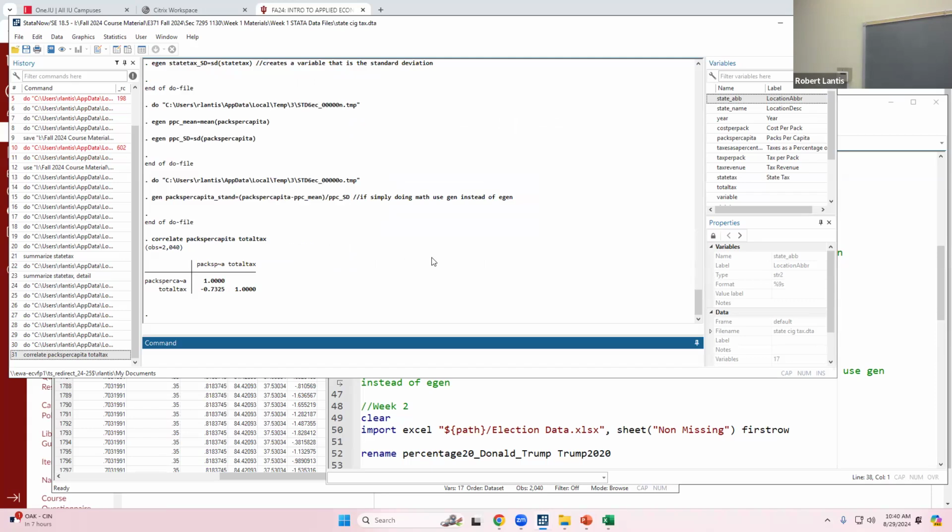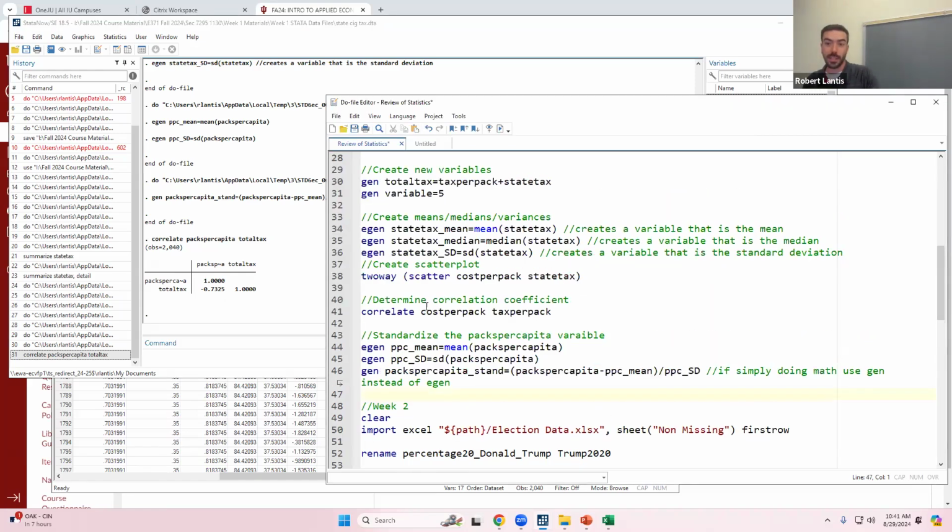That other value in the matrix, where total tax meets tax per capita, is telling me the covariance, sorry, this is not the covariance, this is the correlation coefficient. It's already divided by the standard deviations. It does all of it behind the scenes. It calculates the covariance and then divides by the standard deviations of these two variables, and it gives us this correlation coefficient between the two of about -0.7. So it's a really quick, easy way, you don't have to calculate by hand, to get that correlation coefficient.